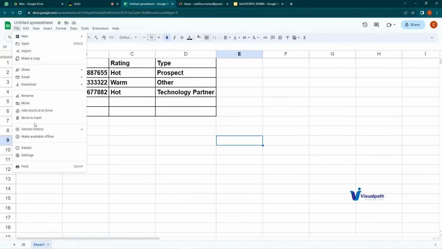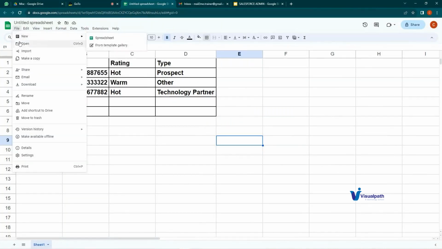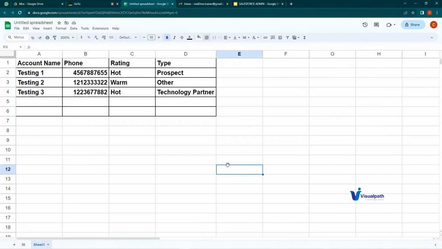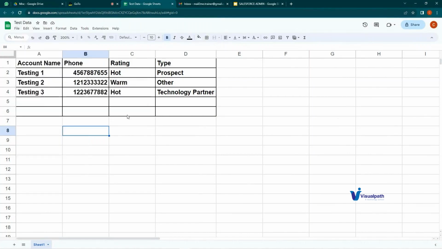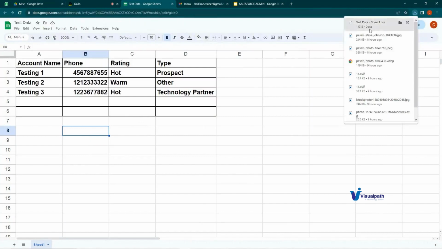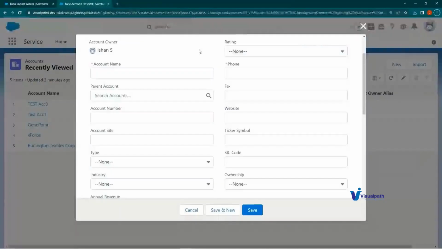Where is the save option? Let me download this, because this will auto save. How will we download? You see, there is a Microsoft Excel extension. We don't want that. We want comma separated values, CSV. So it's downloaded. Now in our Salesforce org,